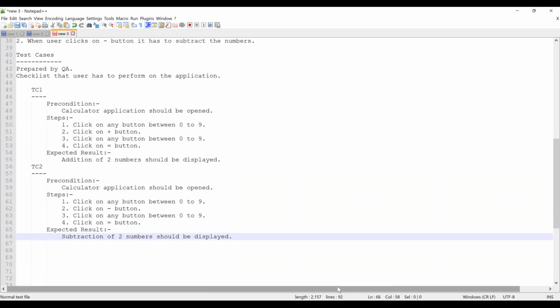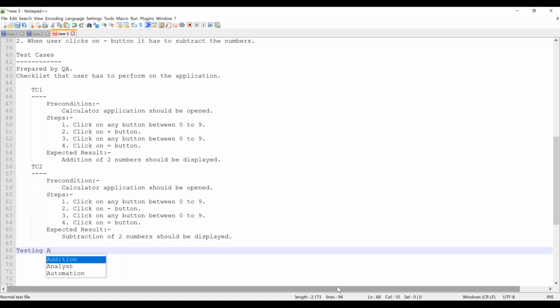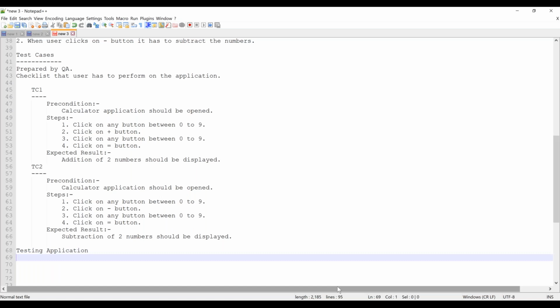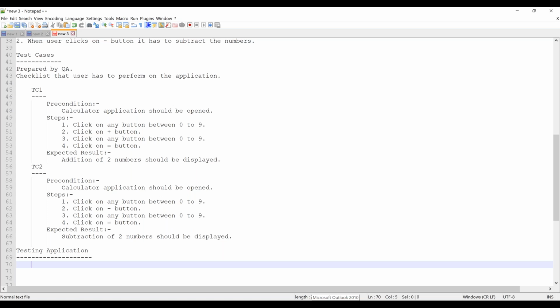Now, once the test cases are written, we will perform something called testing the application. So how would the testing of the application take place? Who would do this? Again, we are focusing on QA for now. So QA will test the application. For now, this statement will change. Even BA can do it, even the client can do it, even the developer can do it. That is called different types of testing. So that we will discuss down the line: what are the different testings performed by the business analyst, done by the client, done by the developer, all those things.